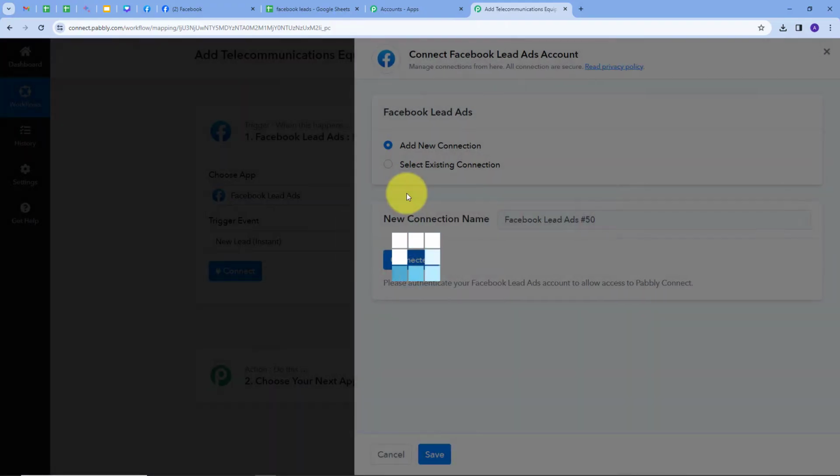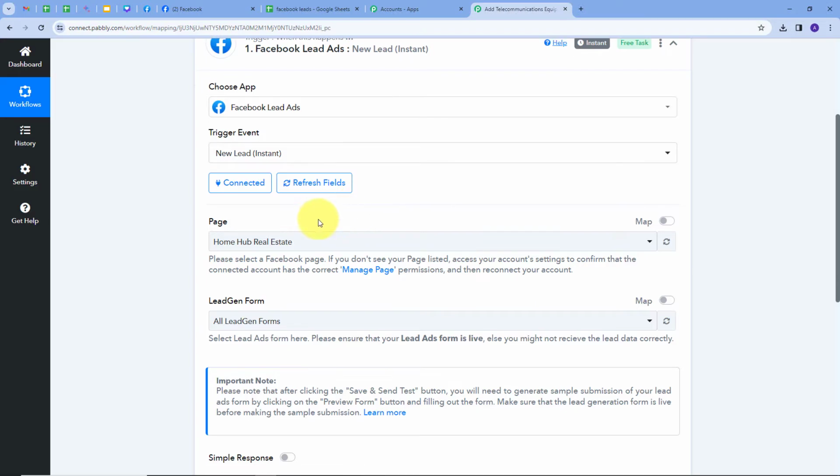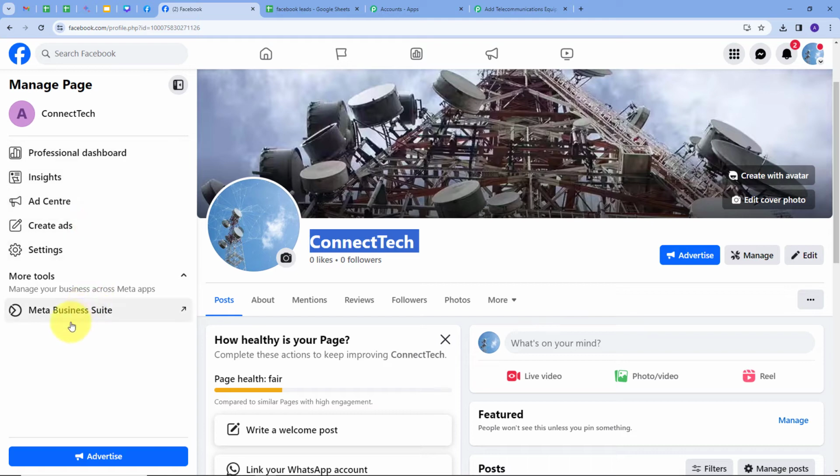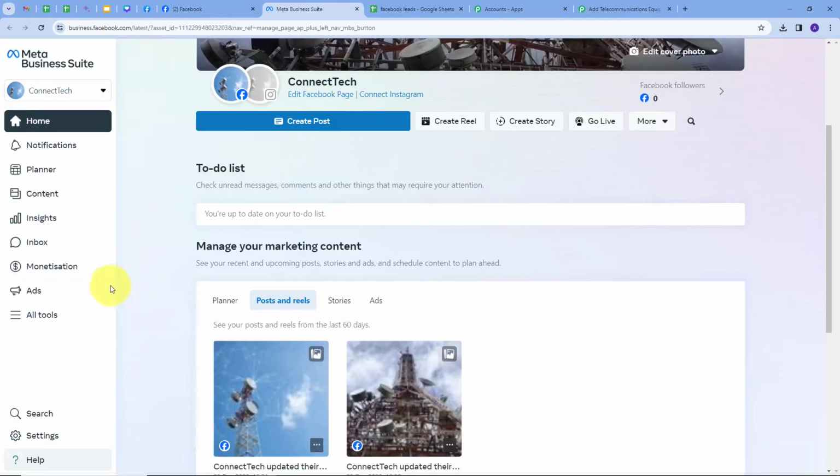And my connection here is successful. Now I have these two tabs, first of page and second one is of lead gen form. So for these two details, I will go back to Facebook and this is my Facebook page and it is named as Connect Tag. And for the lead generation form, I will open this menu and in this I will open Meta Business Suite. Now I will go to all tools